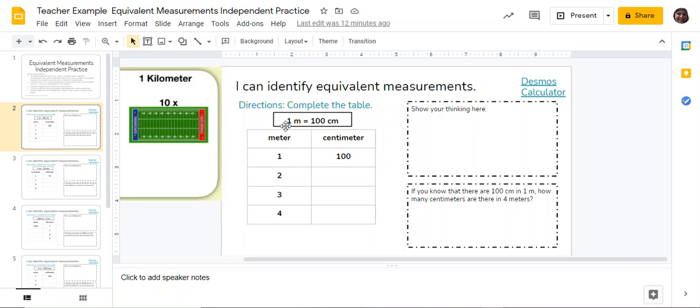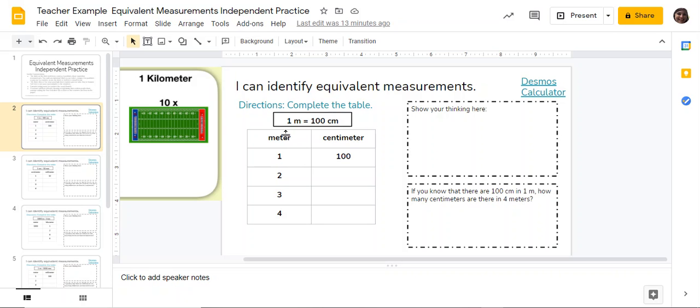Hi guys, if you need help with this activity that's doing the equivalent measurements, go ahead and watch through this video. I'm going to go through it step by step. You can fast forward through to the slide that you need, or you can watch from beginning to end and do it with me. So we're starting on the second slide, and it's just asking what is 1 meter,